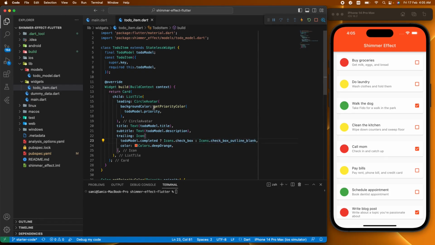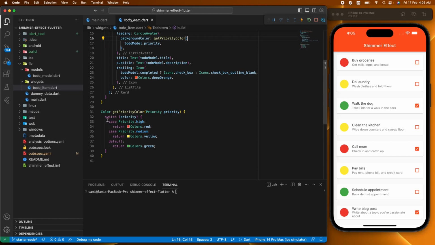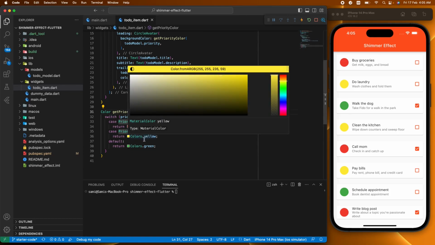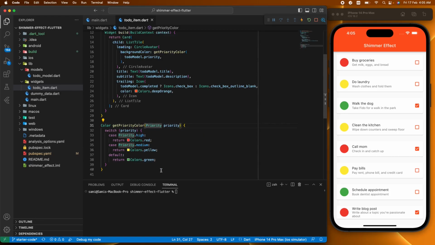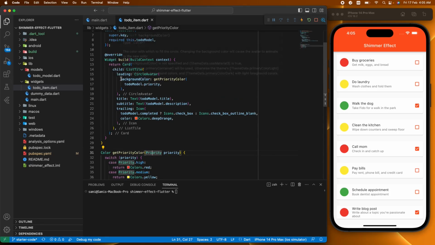Fine. And this get priority color is a method which returns a color based on the priority. I have this method here which takes one argument of type priority. It will check if the priority is high, then it will return a red color. If the priority is medium, then it will return a yellow color, and if the priority is low, then it will return green color. Fine. And then I am setting this background color of this circle avatar using this method,